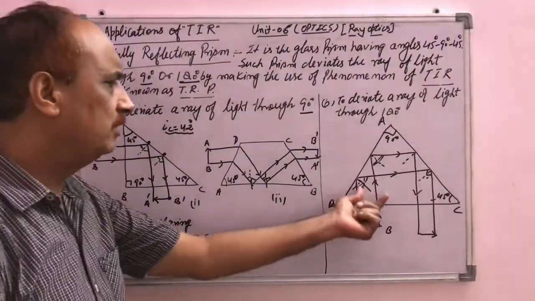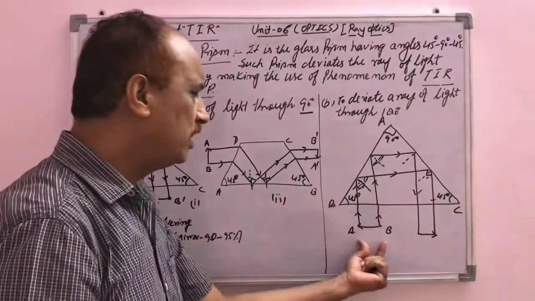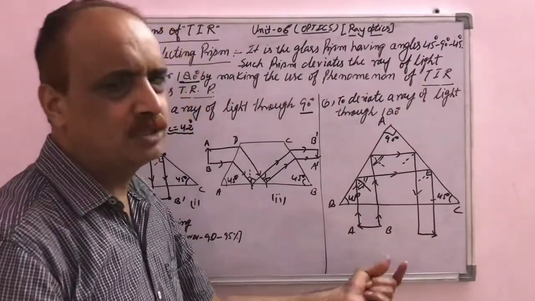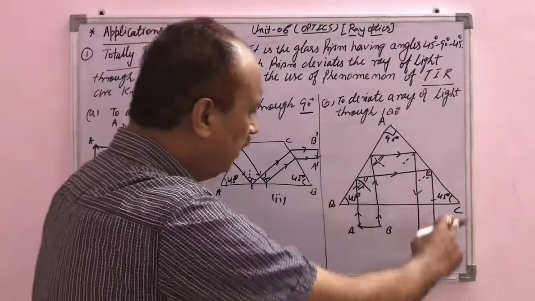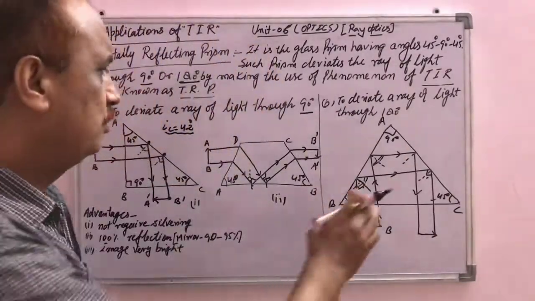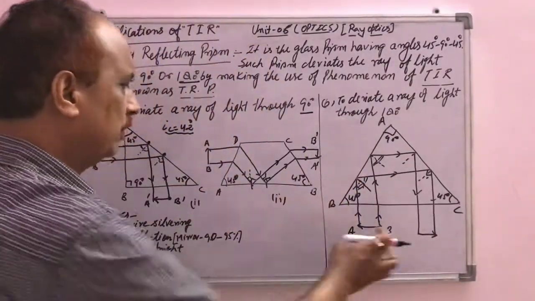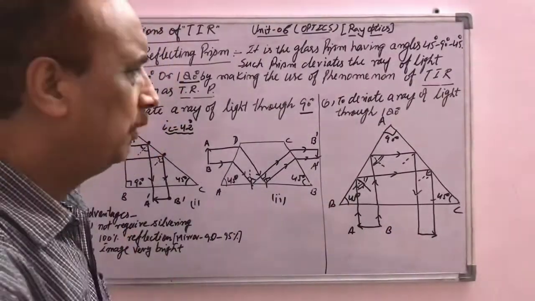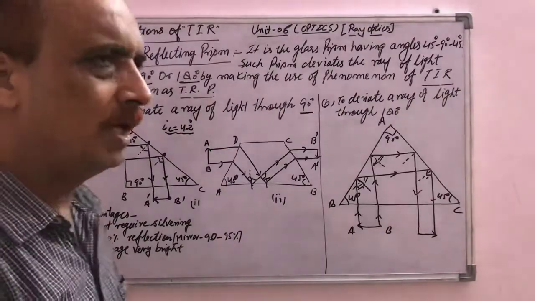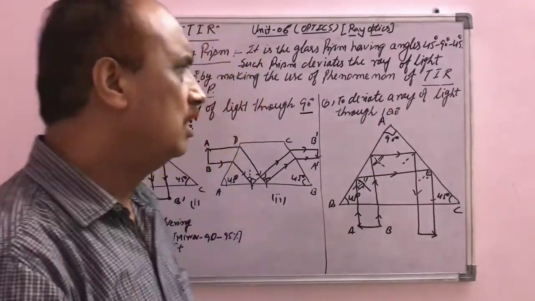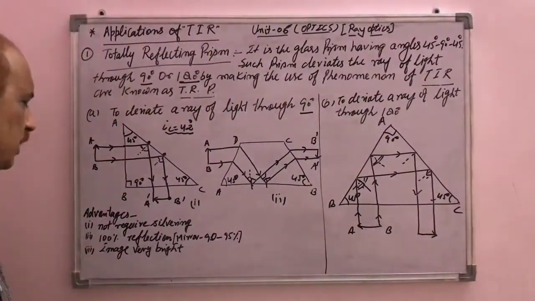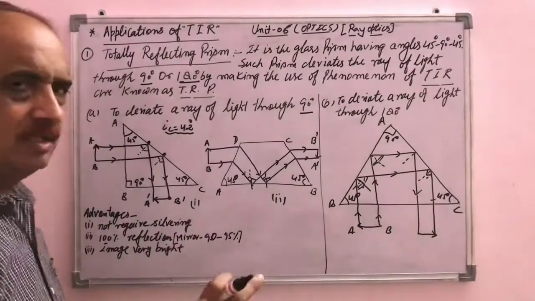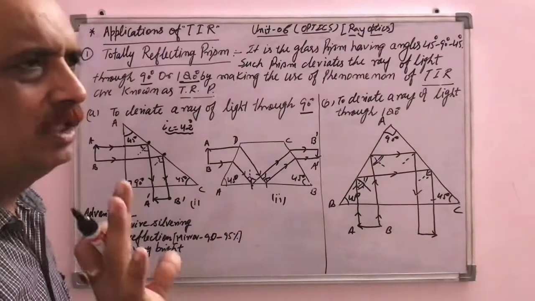A prism is given in the examination and an object AB is placed in front of one face of the prism, and you have to complete that ray diagram. Such questions will be asked as a 1 mark question, or if 2 questions are given in the paper, it will be asked as a 2 marks question in the examination. Now there is one difference between deviation through a mirror and deviation through a totally reflecting prism.